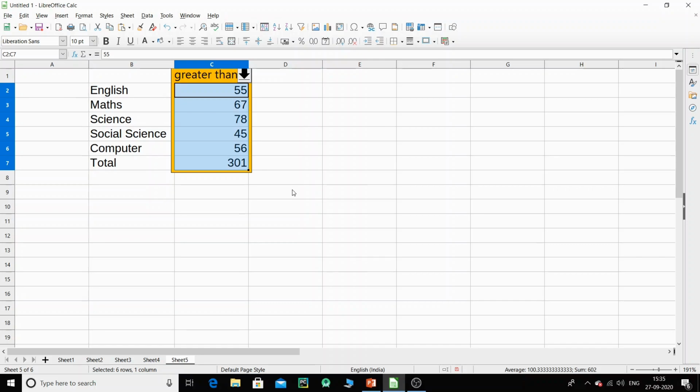The moment I click OK, this is one of the scenarios basically. Now if I have these marks in my subjects like English, Math, Science, my total will be greater than 300. Now let me create another scenario, and let me make some changes out here.